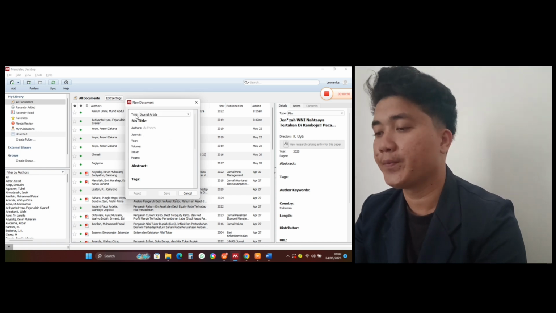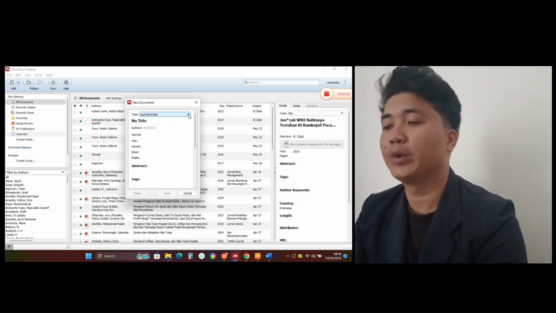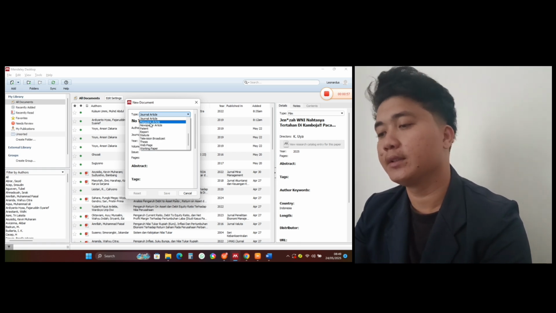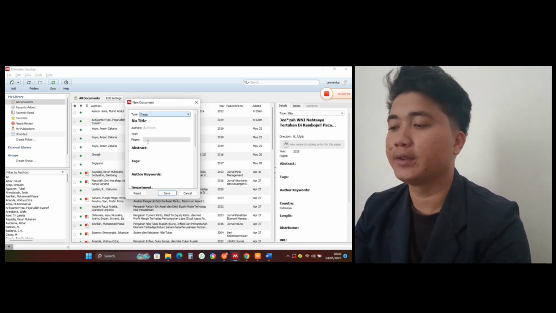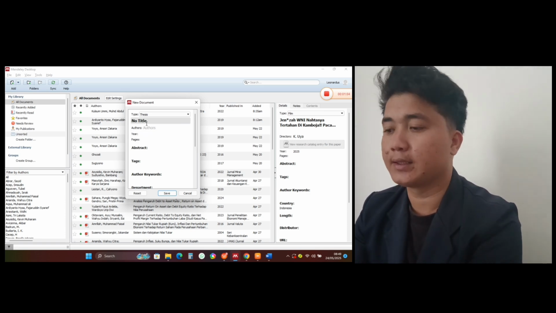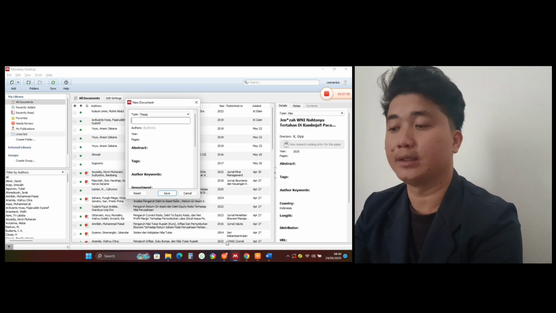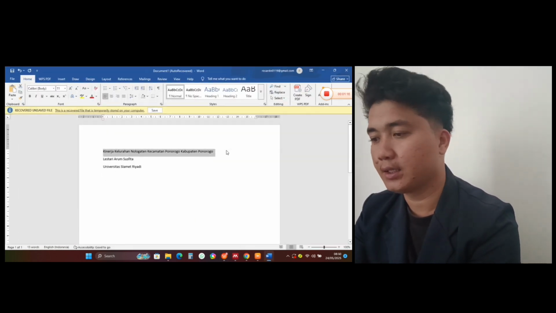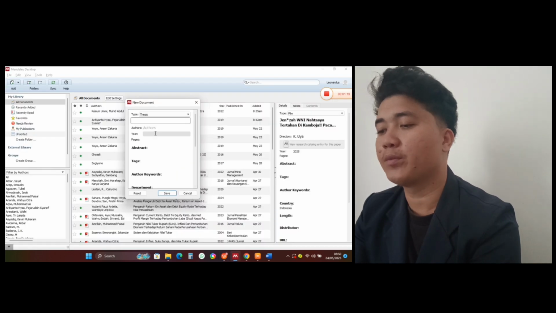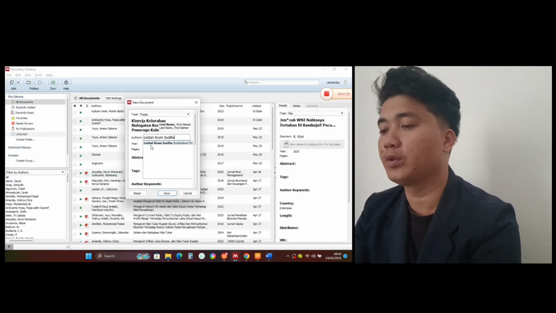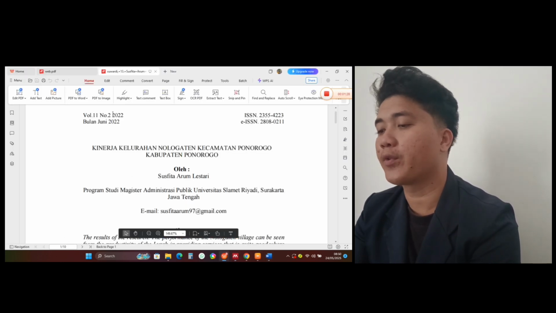After 5, select the Type menu in the small box. Select thesis. After that, fill in all the fields such as title, authors, years, abstract, and others that come from the thesis journal that we took earlier or that I provide.